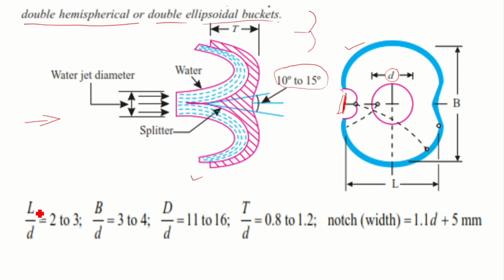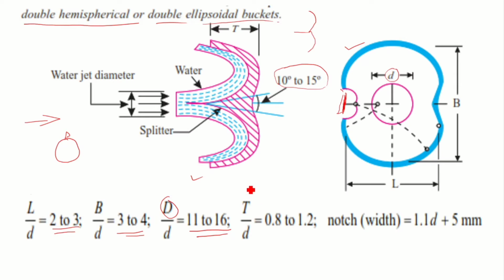So the various dimensions are like this: L by d. The ratio of height to the diameter of the jet is limited to 2 to 3, and width to diameter of the jet is limited to 3 to 4, and capital D represents the diameter of the wheel. So over the wheel we are providing the buckets like this. D by d represents the ratio of the diameter of the wheel to the diameter of the jet of water, which is limited to 11 to 16, and T is the thickness